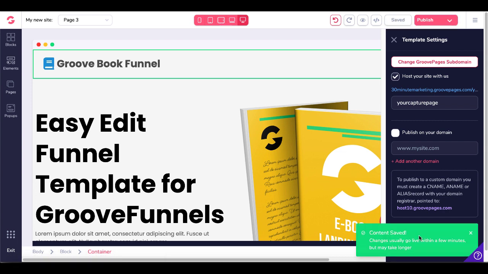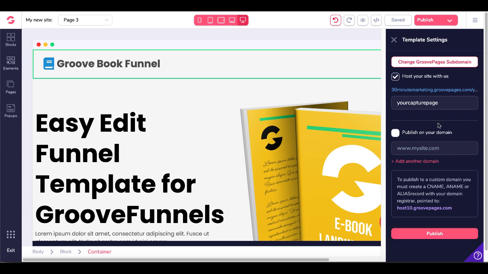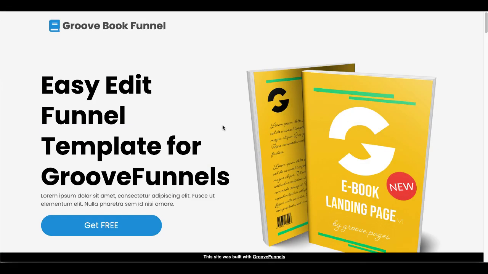That will save your content and publish your changes, which you can see usually go live within a few minutes, but it may take longer. So be patient with that, but simply X that out right there to get rid of that content box. And then you simply need to go to your capture page by clicking on this link. Then of course, once you click on that link, you'll see right there, this page is published on the internet,